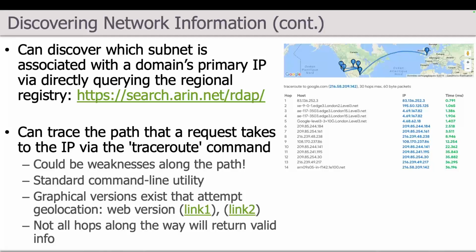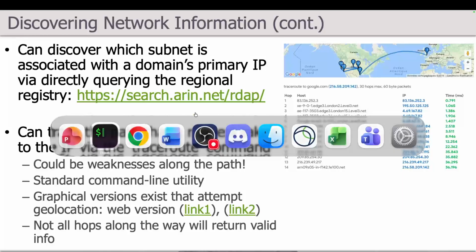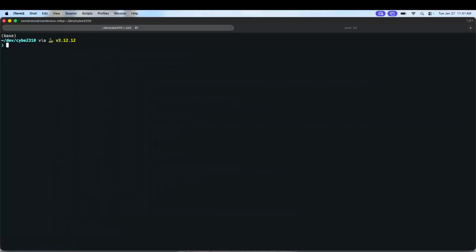It's a very common thing then to say, for the IP address we're interested in, how does one get from where I am to that particular IP address, and to understand what the various hops along the way are. And it could be that the weakness we want to consider exploiting further is not actually at the final destination. It could be at one of those steps along the way. So the traceroute command allows us to at least partially get a feel for what other IP addresses one has to traverse from the current network, from your current IP address, depending on how you're connecting, to